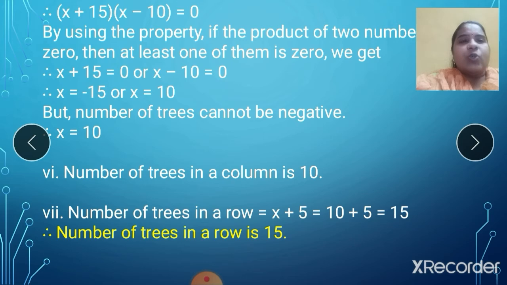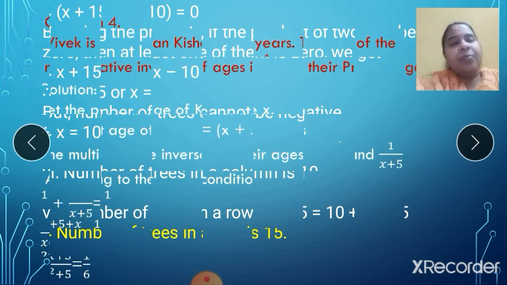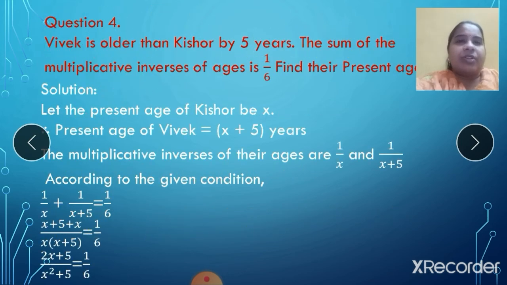Okay. So I hope you have understood all the steps of this flow chart. This way you can present your answer also in the exam by putting the proper numbers. They have written 1, 2, 3, 4 till Roman number 7. So you can also write that and present the answer in this way in the exam. Okay. So I hope you have understood this sum. Let us move to the next question.